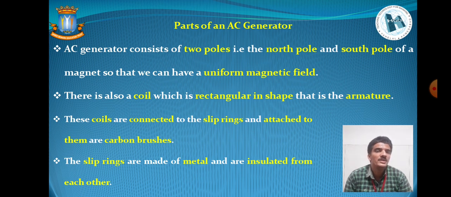Here we have not used other types of electronic materials like insulators, semiconductors or superconductors, but we have used metal for the easy flow of the generated electric current inside the AC generator. And remember one thing, these slip rings are insulated from each other. They are not in direct contact, but the south pole is connected to the first slip ring and the north pole is connected to the second slip ring. So they are insulated and divided from each other.